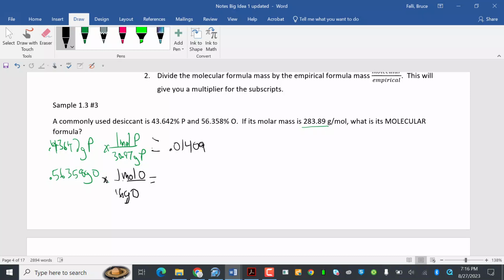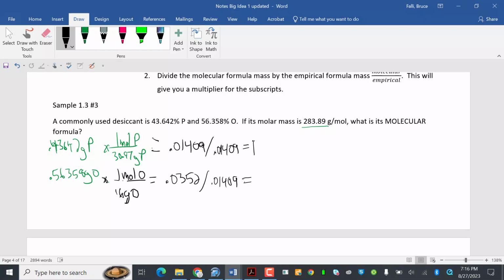And then I'm going to do 0.56358 divided by 16, and that's going to be 0.0352. Now divide by the smallest to get into whole numbers. Divided by 0.019, divided by 0.004. I swear, I can do better. 0.01409. This is going to be 1 divided by itself. And that's 1.0352 divided by